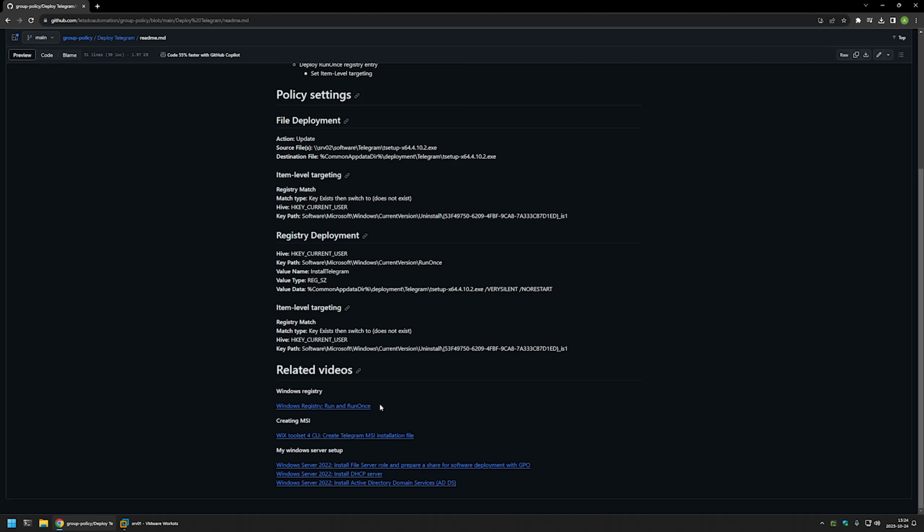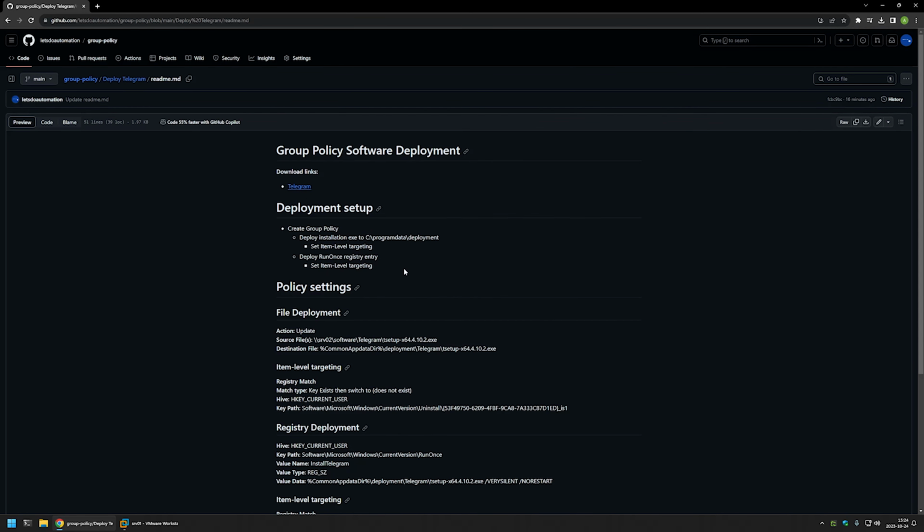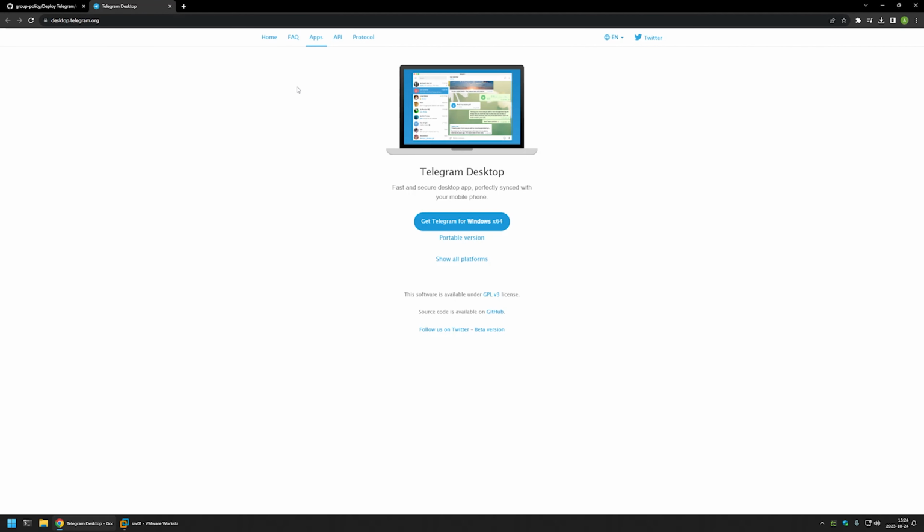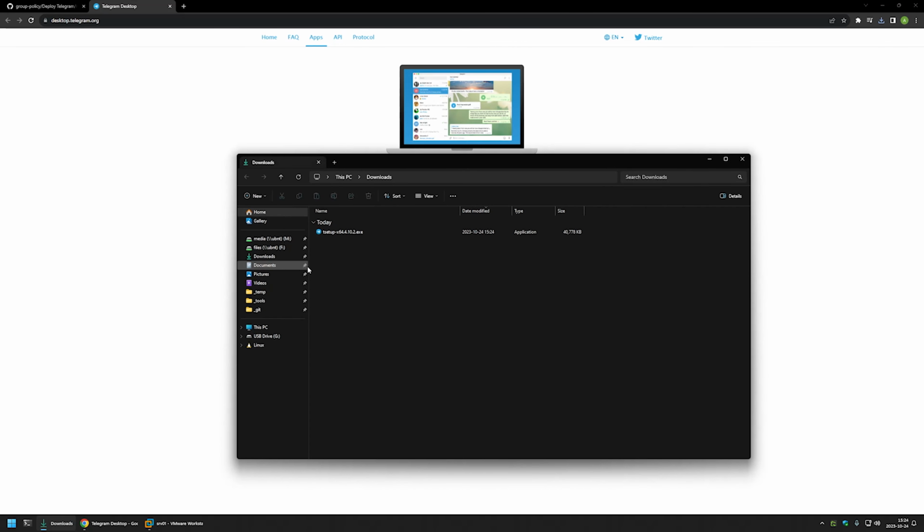And now I will begin this video by downloading Telegram installation executable file. And for that I will use the link that I have here that brings me to the Telegram download page. Here I will click on Get Telegram for Windows. And then I will go to my downloads folder. And here I have my executable, so I'll right click on it, select copy, and then I will go to